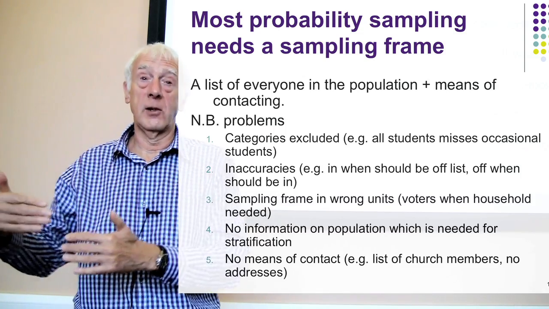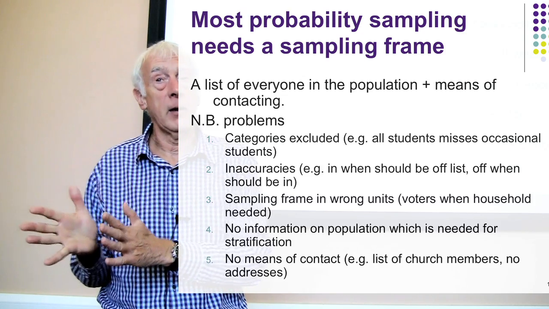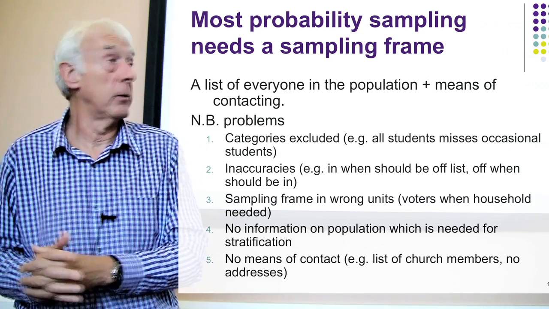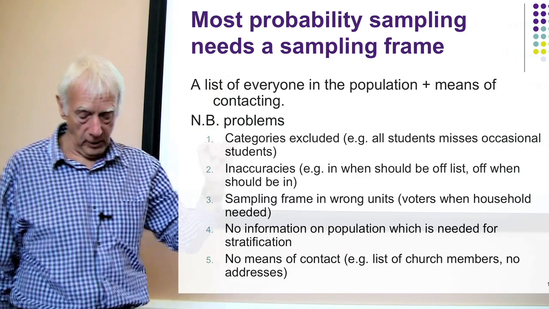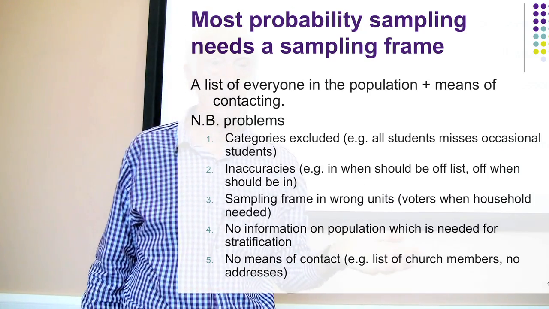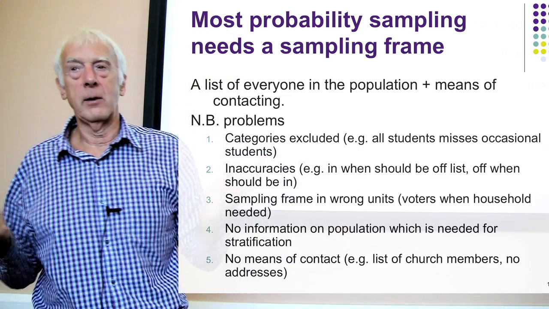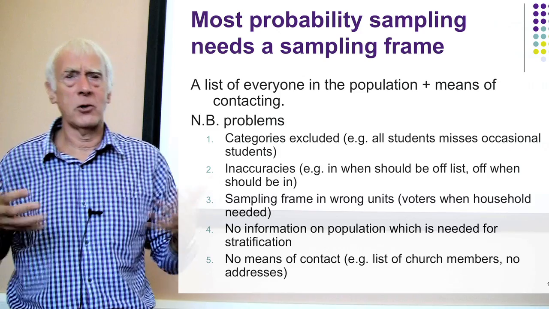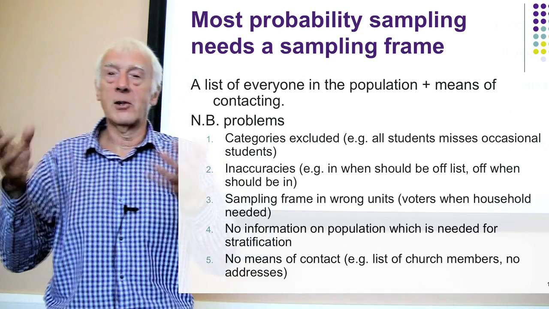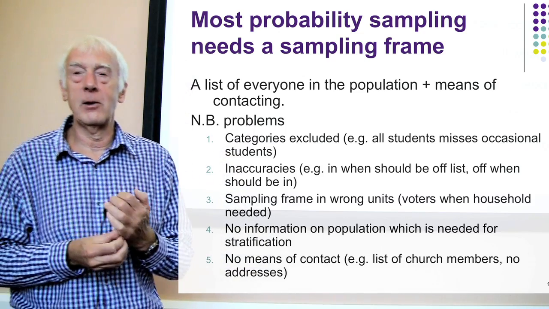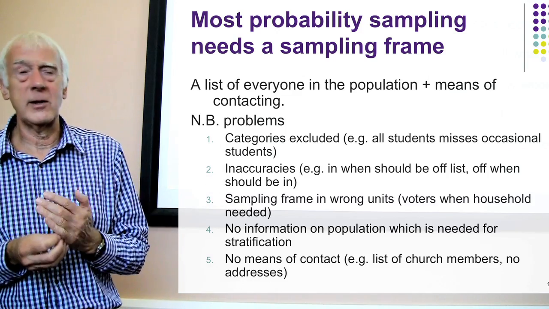It might be all the courses that they've done. So you're missing out some categories of students. You need to decide whether they should be in or not. There can be inaccuracies. Obviously, lists aren't always perfect. People who turn up late or get the names wrong, or the admin people get the names wrong. We're not quite sure who they are. Maybe they appear twice for some reason because the first name and surname are swapped round and they appear as two people. All sorts of things can go wrong with these systems, of course.